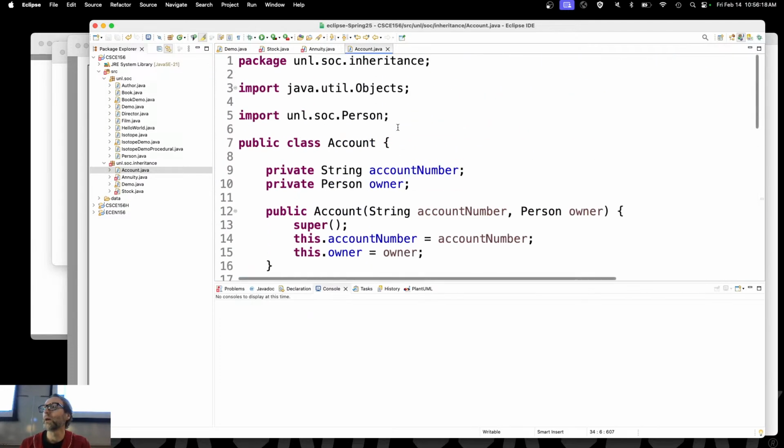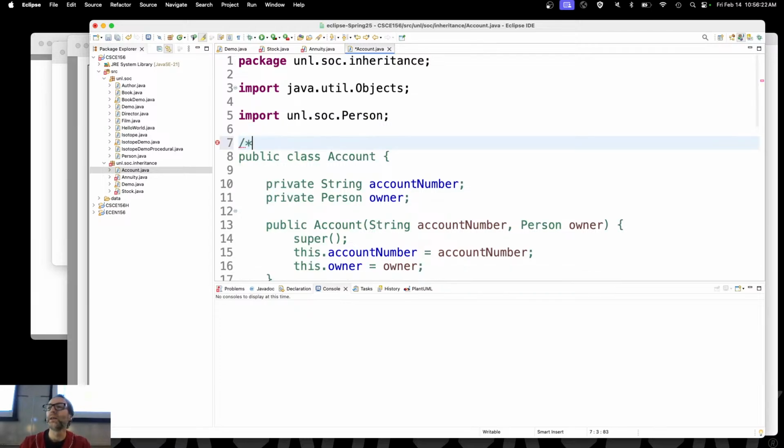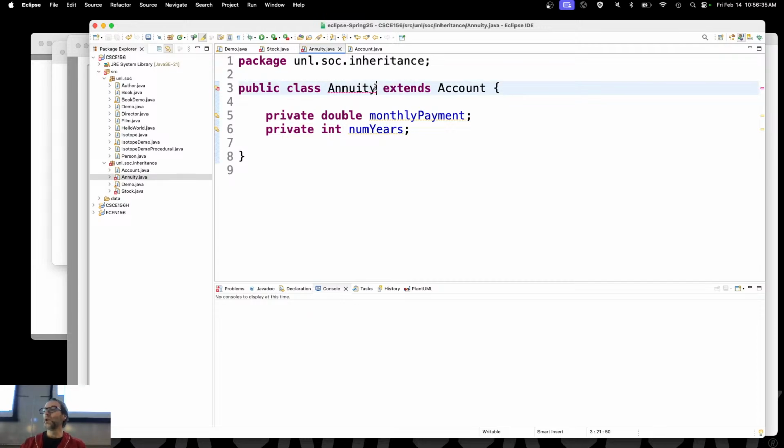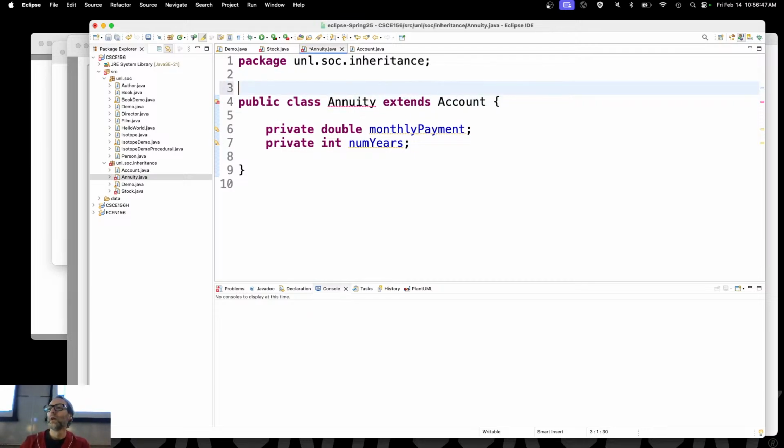Right? Okay? I'm done with the design of that object except for I forgot my documentation. Right? So, represents an investment account. Right? Great. Should I have called this annuity account? Annuity account extends account. Annuity is an account, right? So it's redundancy. DRY, don't repeat yourself. To do,